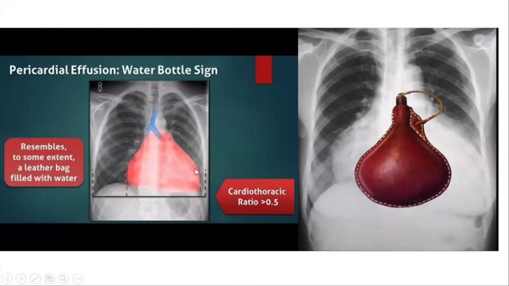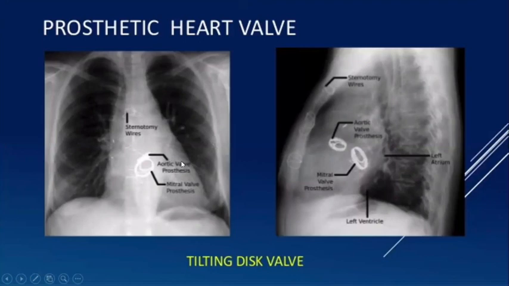Now, prosthetic heart valves. There are different cardiac surgeries, and we place artificial valves. Don't get confused by the calcification in the valves. Search for the surgical scar mark on the chest, and the presence of sternotomy wires. So always keep in mind and look for the peculiar site of the aortic valve and the mitral valve.